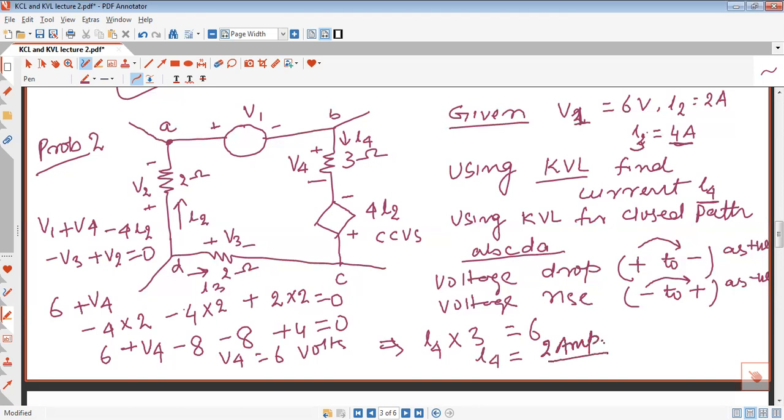So we have applied Ohm's law at all the places, and in Kirchhoff current law also we have used Ohm's law. Using Kirchhoff voltage law, we get the value of current, and using Kirchhoff current law, we get the value of voltage. This is a very simple example where we have used dependent and independent sources also. These two problems are taken from the Nagrath book. I will also take some more problems from the Fitzgerald book. Those two more problems I will discuss in the next lecture.